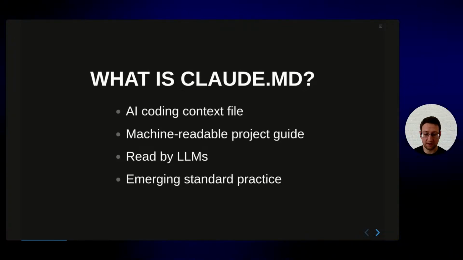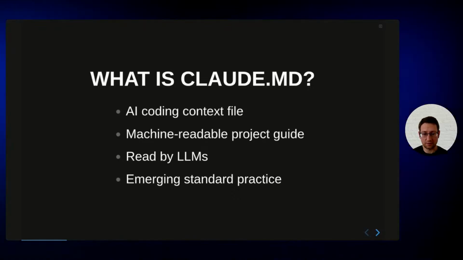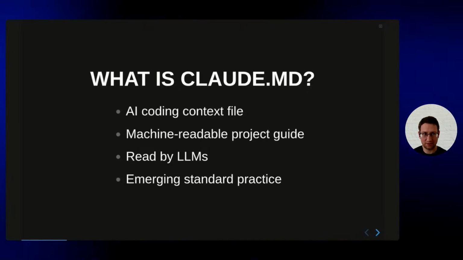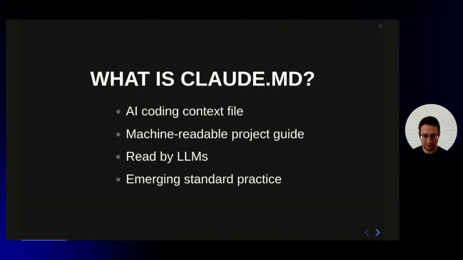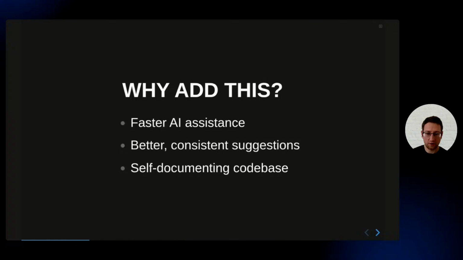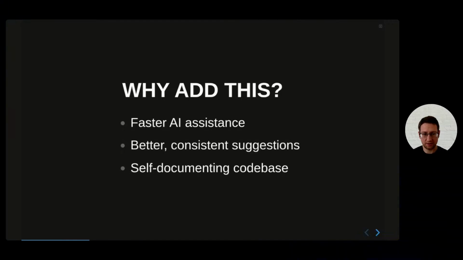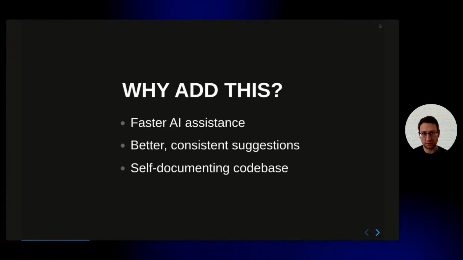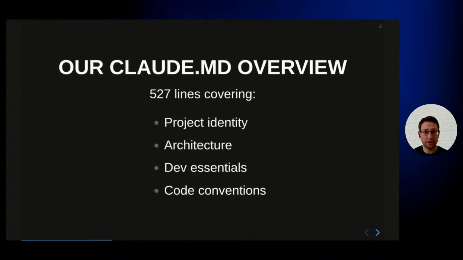So as far as I can tell from my quite limited experience, AIs are quite smart, but one thing that prevents them from delivering good and reliable results is lack of context. So some things about the projects that the developers understand, the LLMs don't understand unless we give them this information. So hopefully this file will provide faster assistance from AI, better suggestions, and more consistent suggestions with respect to our architectural decisions, our style guides, and best practices that have been established earlier by human developers.